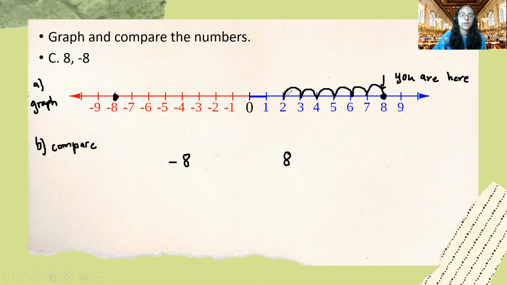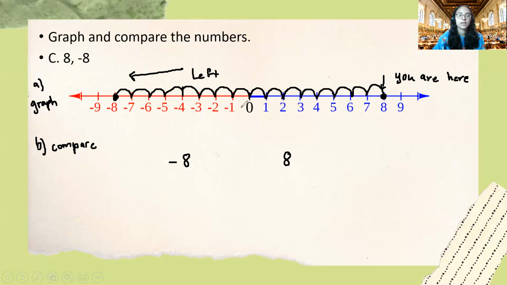And in which direction am I moving right now? Am I going to the left or am I going to the right? I'm moving in the left direction, right? Or if I were to stand here and look towards -8, I would be looking in the left direction. So then this would be less than. Okay? But you could also do it another way,